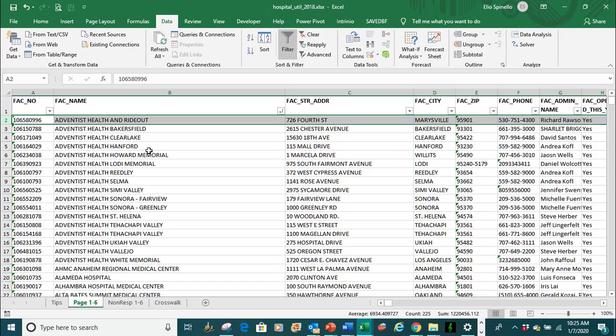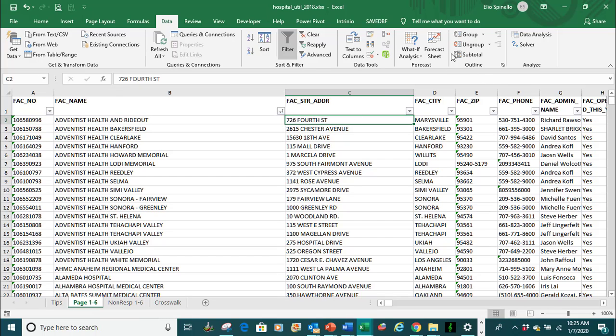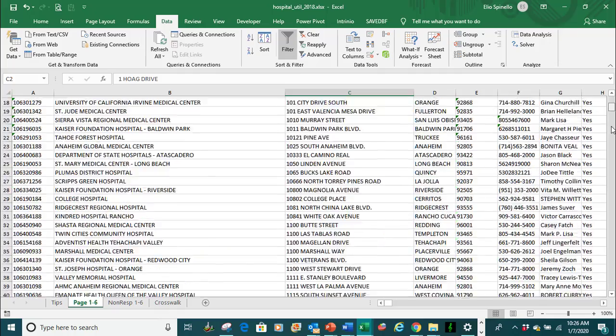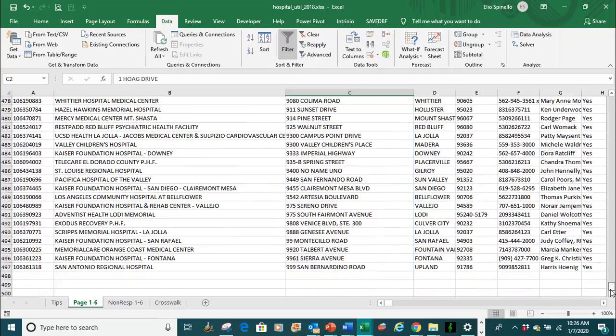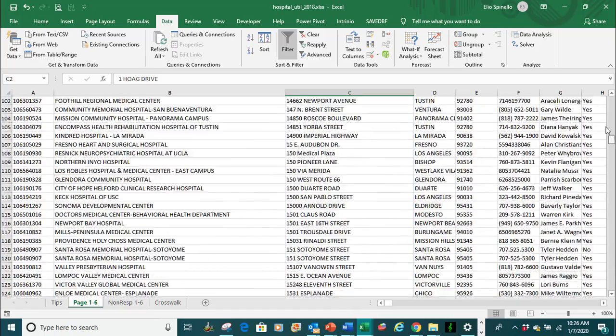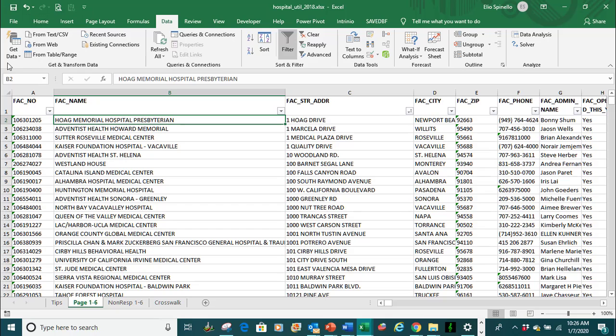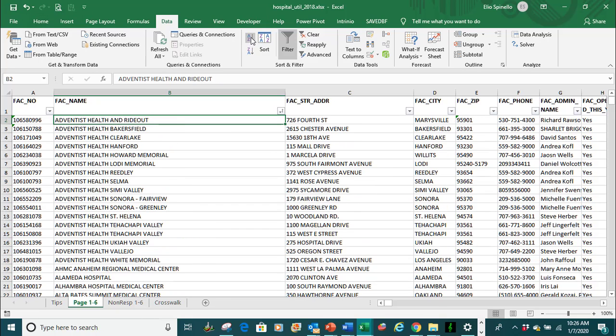So again, sorting is one of the ways we can use to find problems in data. Very often I will do this on address columns. We can sort by address, and if there's one missing or one that has maybe some sort of garbage in it, it'll be really obvious. It'll usually be at the very top or the very bottom of the spreadsheet. And in this case, it sorts just fine. There are no problems. So we can use it to either help validate the data that's in there or to find problems. Let's go ahead and sort it in alphabetical order by name again,